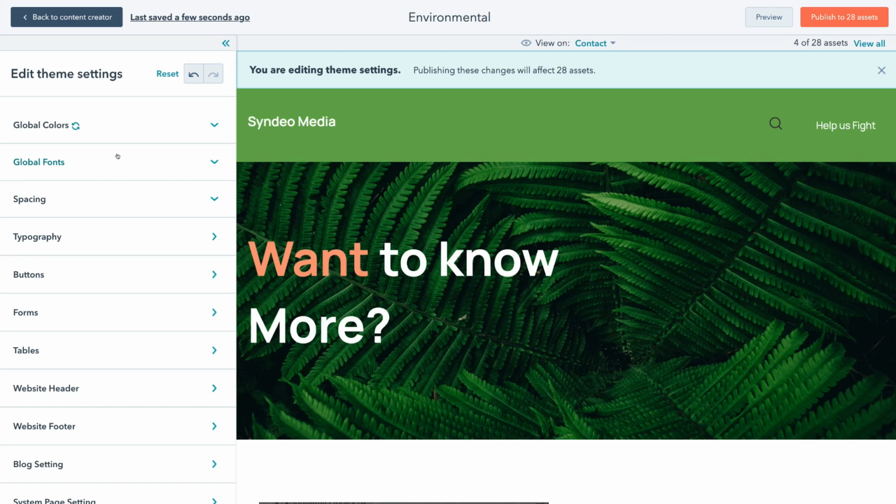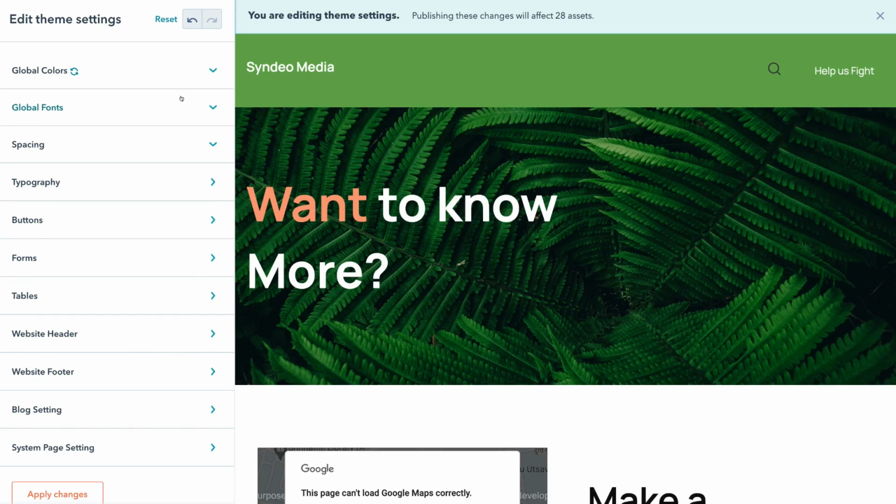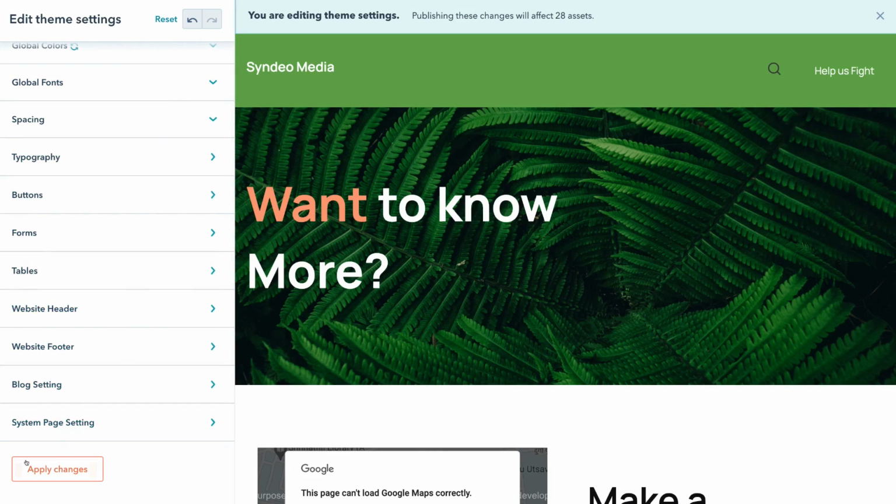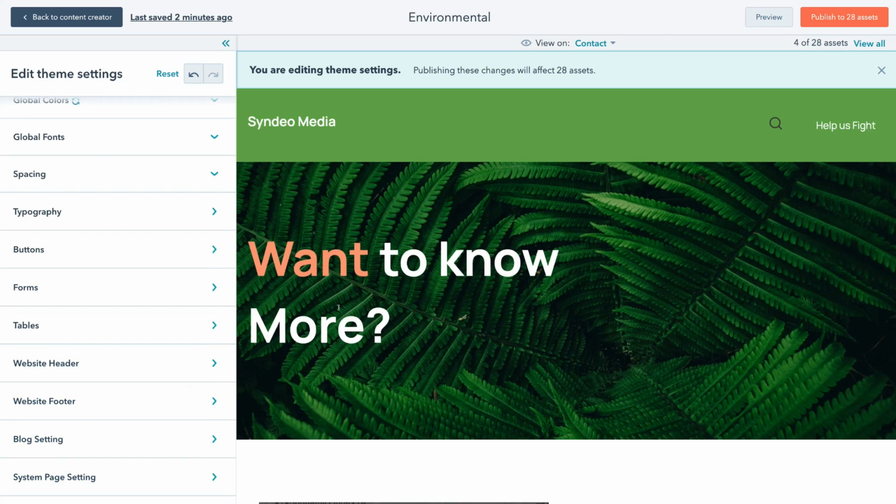These are your global theme settings. You have access to change and customize your entire theme. And then once you've made any changes, simply navigate down to Apply Changes. Then before you go ahead and publish those changes live on your website, go ahead and click on Preview in